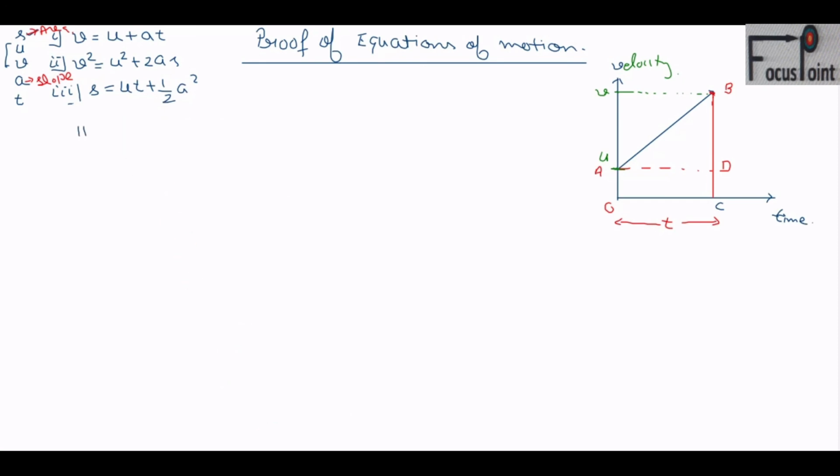Yes, sir. Okay. Now let's do the proof of the second equation, that is v square is equal to u square plus 2as. Now what will be the name of this relation? I told you, just focus on the first and last parameters. So this is velocity and this is displacement. Displacement is also change in position. So it is the position velocity relation. Clear now how we have given the name to this equation?